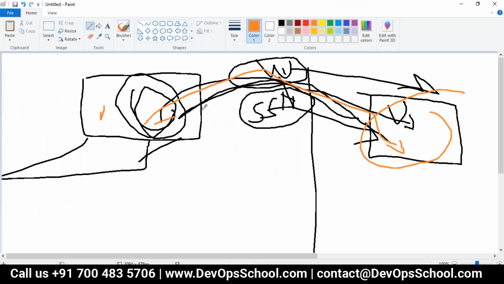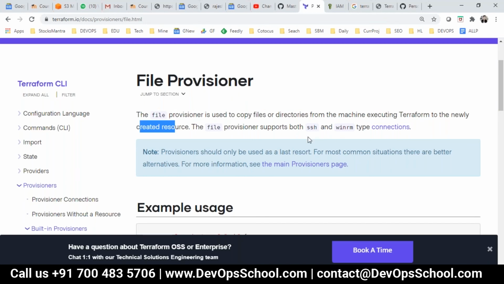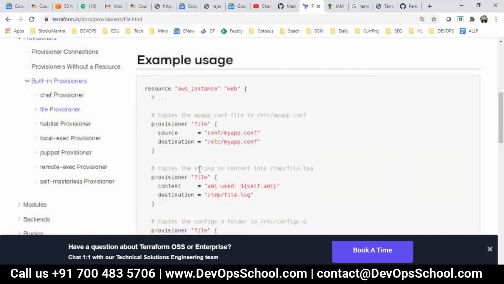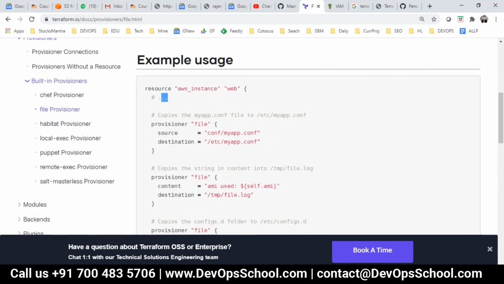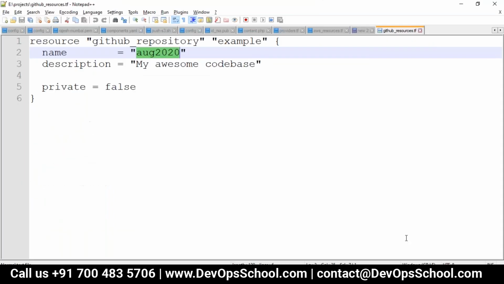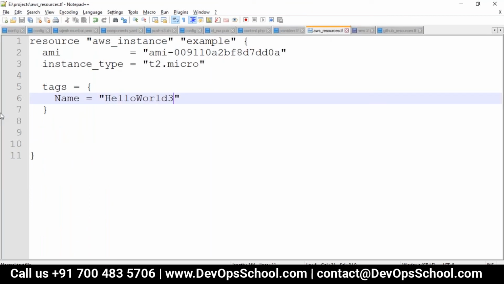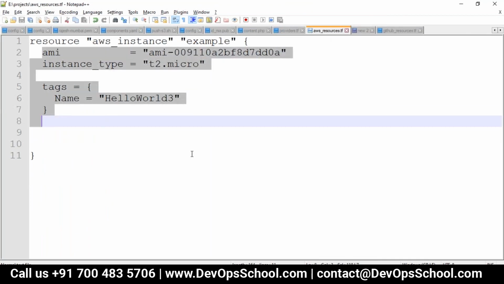Now the question is, how do you copy? Because you don't have access, for that you have to use SSH authentication or WinRM authentication. That's called connection type: SSH for Linux, WinRM for Windows. Look at this example. Here you are creating one EC2 instance named web, with the specifications I have shown you already, those arguments.